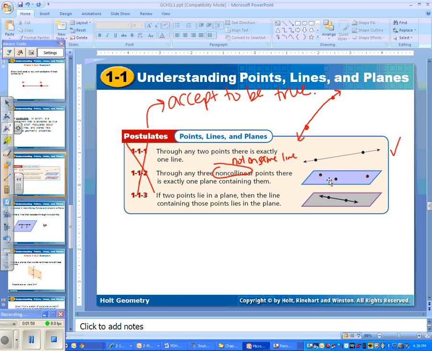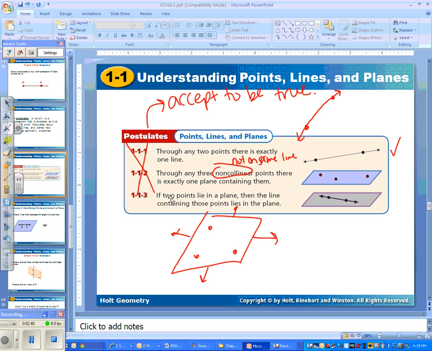There's no squiggly lines in geometry. So if I can't draw a straight line through all of these 3 things, then there's going to exist one and only one plane, a two-dimensional plane, that contains those 3. So for example, if I draw 3 points like this, there's only one plane that will contain all of them. And remember, planes go on forever and ever. So think about drawing 3 points on your desk, don't actually do this. Here's your desk. If you draw 3 points on it, the desk is the only surface that contains those points. There's no points floating above your desk or anything.